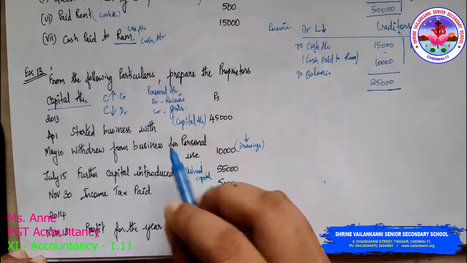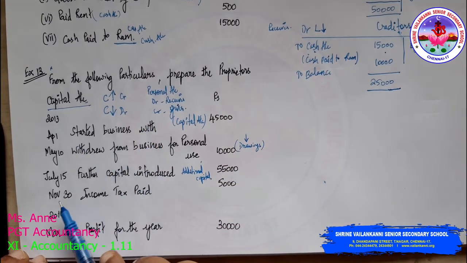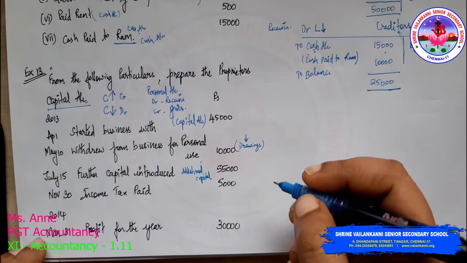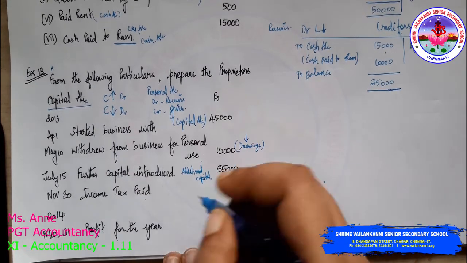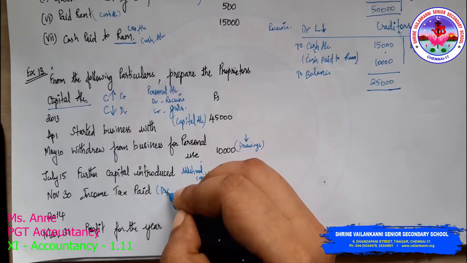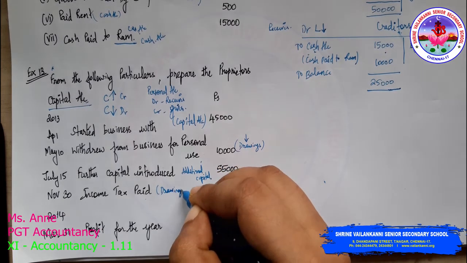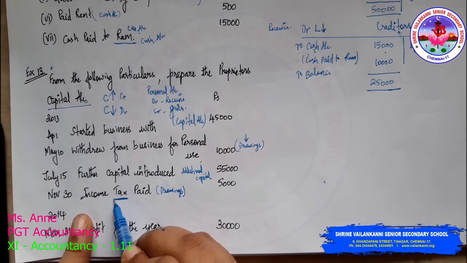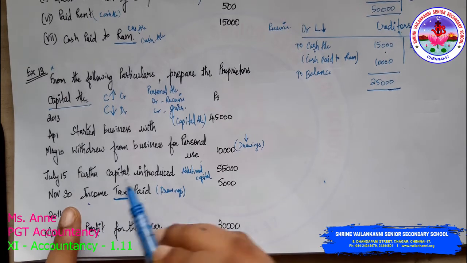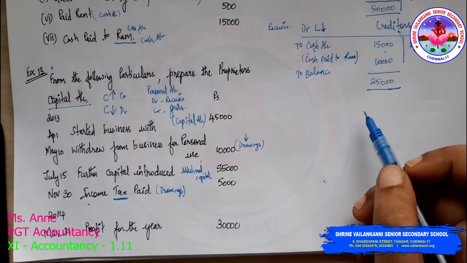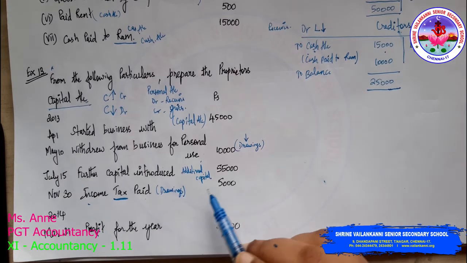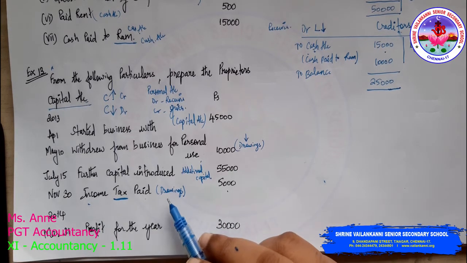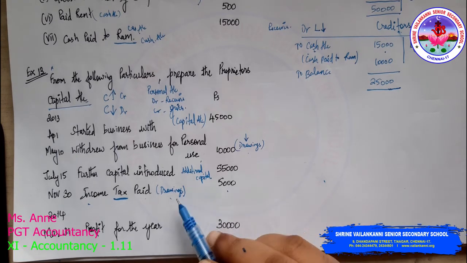Okay. The same treatment for the first transaction. Then income tax paid. Now income tax paid is also called drawings. Why? Because you are paying tax on your income. This is your personal thing. So you are actually entering this personal thing into the accounts, so it will be treated as drawings.